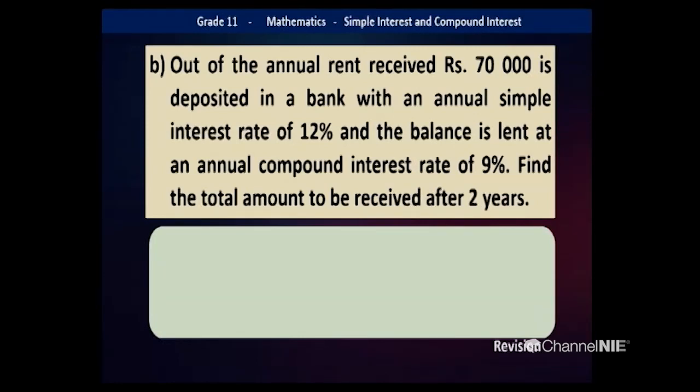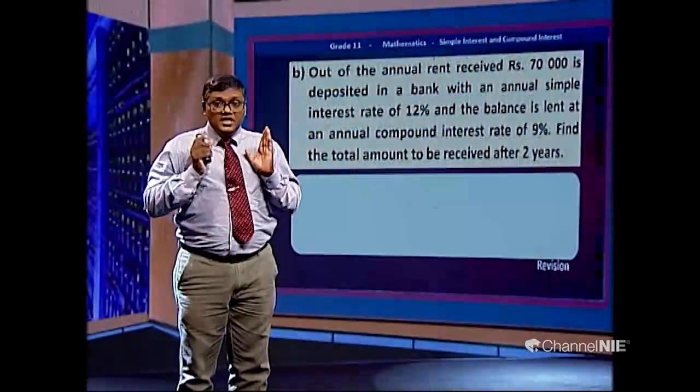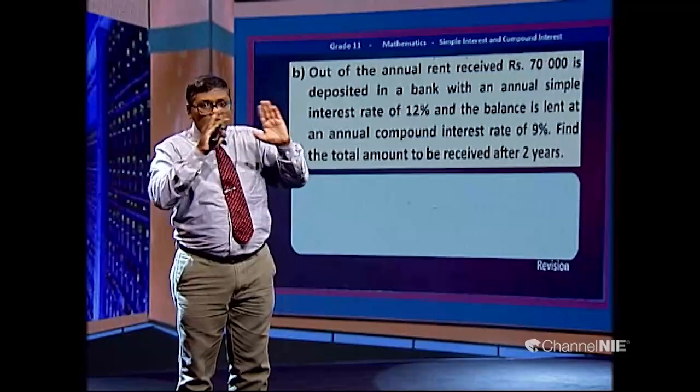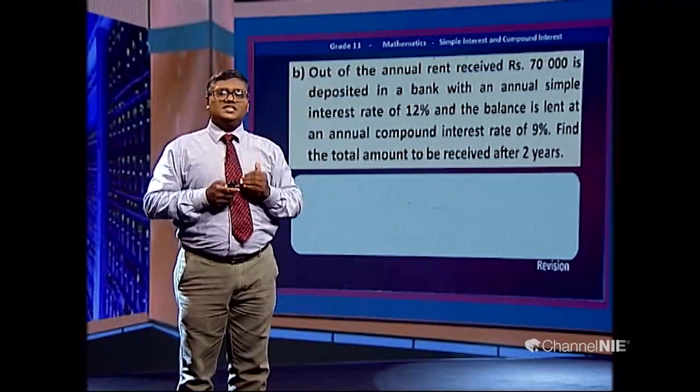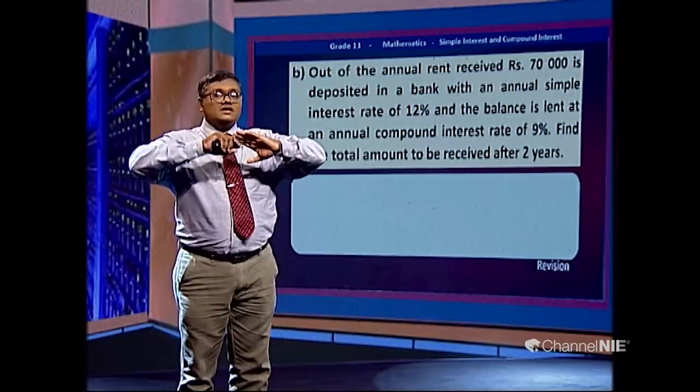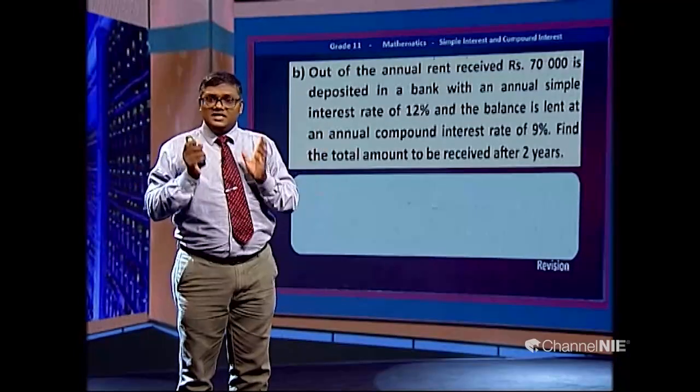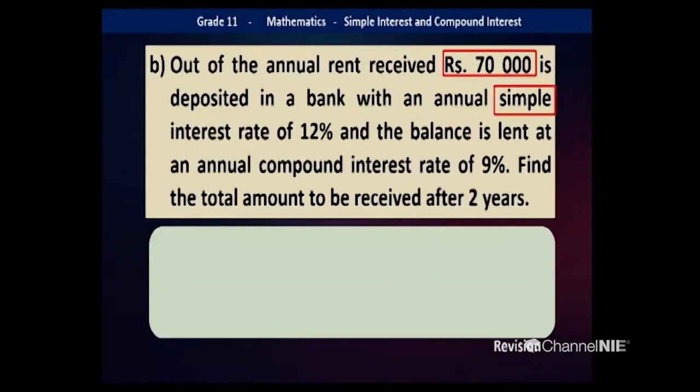Right? Now there are important things. We don't want to jumble the entire question. We will clearly sort the question and answer step by step. They may give a big question, but we don't want to try to do the whole question at once. We are going to do it part by part. Now see, he invested 70,000 at 12% simple interest rate for 2 years. These things are very important. That is one part of the story.